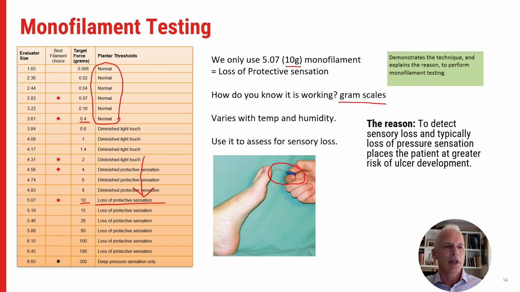So 10 grams is really a long way down the track for people. But it's become the standard, particularly in podiatry, for detecting those more severe changes of sensory loss. Now, just so you know, if you're working in a warm environment, then it will heat the plastic up, so that the room temperature will affect the flexibility of the plastic as well as the humidity. So depending on the environment that you're in, it will change the amount of pressure you're applying to the skin,